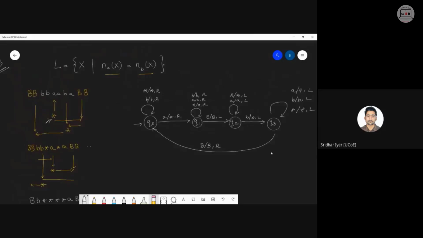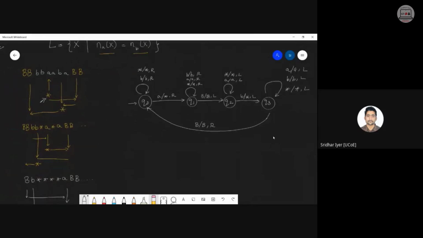The entire diagram is complete except the check state. Now how will we build the check state in this? Can anyone tell me what we should do in the check state? Come on. We have reached the Q0 state and we have read all the values. So what could be the check state? You only tell me.